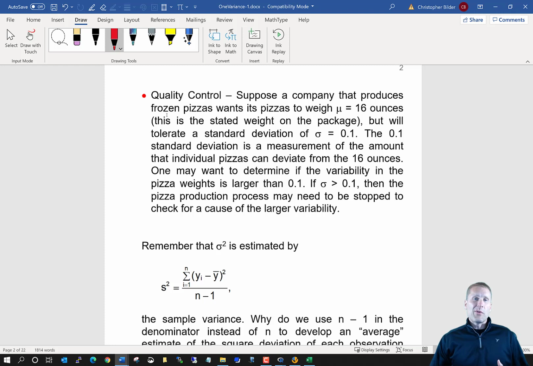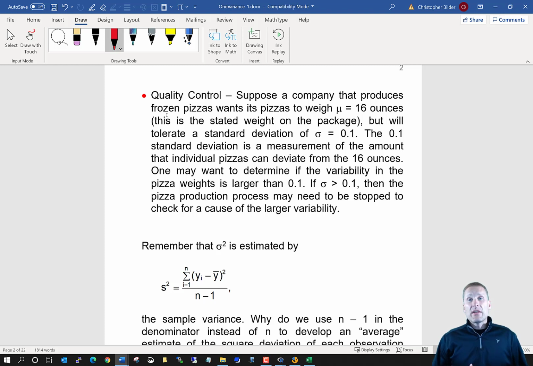Sometimes you might have a few extra shreds of cheese on a pizza, or a few less shreds of cheese. But generally speaking, a company wants to control the quality of how close they're always getting to 16 ounces. And so what could be done is that on the assembly line of creating these pizzas,